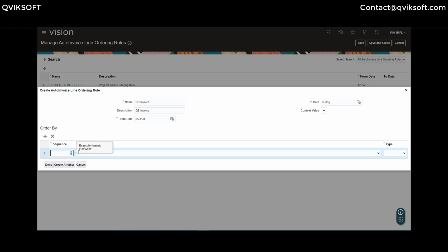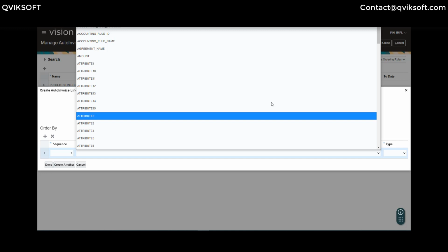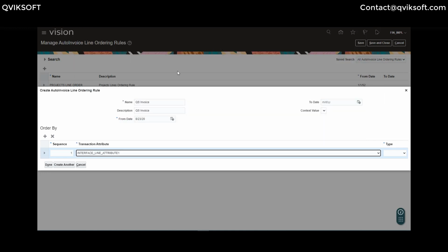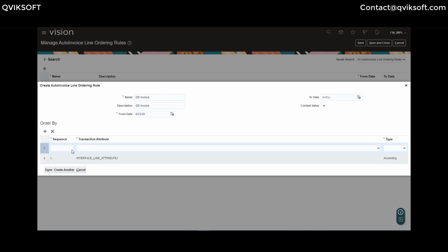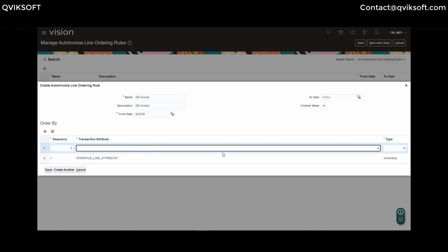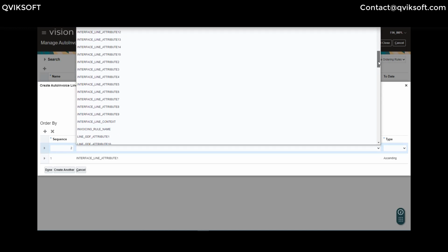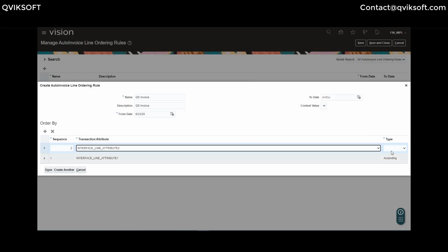Sequence 1 is, I can say interface line attribute 1, because one stored the invoice number, and then the type is ascending. You can also choose the order for that. Sequence 2 will be interface line attribute 2. Where's my attribute 2? Here it is.